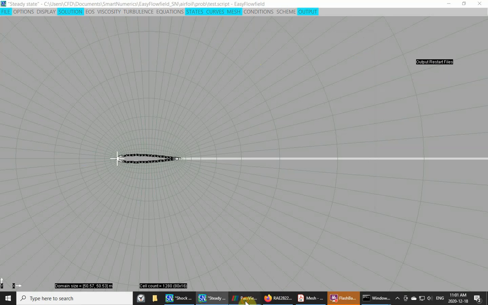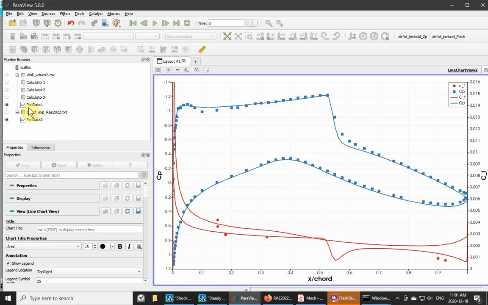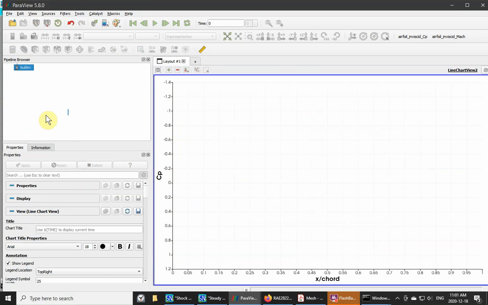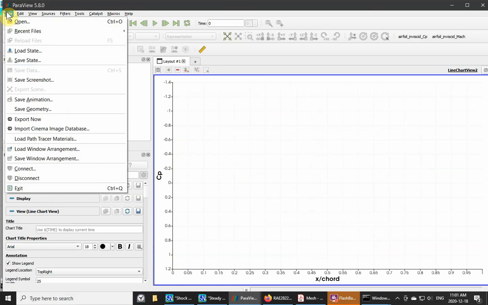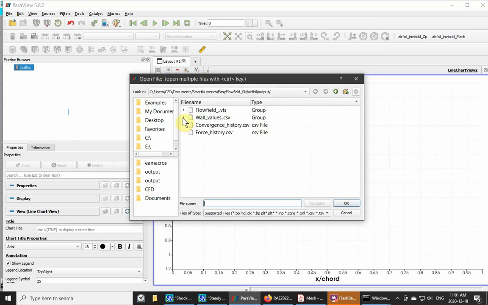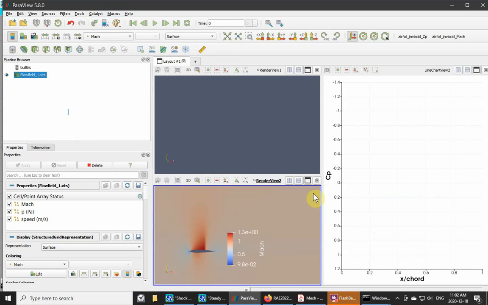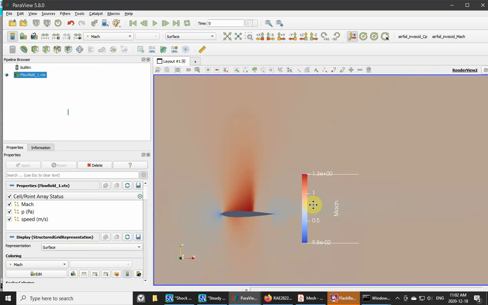And then I'm going to plot those using ParaView. I'll get rid of this. This will be discussed in detail later. First thing you do is you input the file that was created. In this case, the FlowField file in this fairly coarse grid. Apply it, and then I'm going to apply a macro for Mach, and the creation of this macro is detailed in another